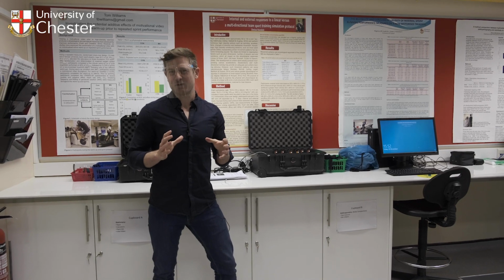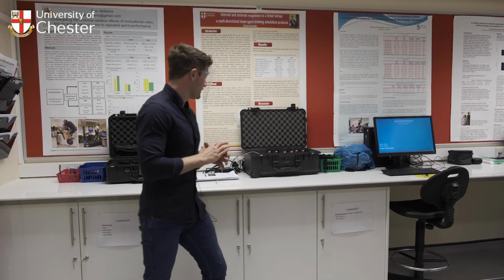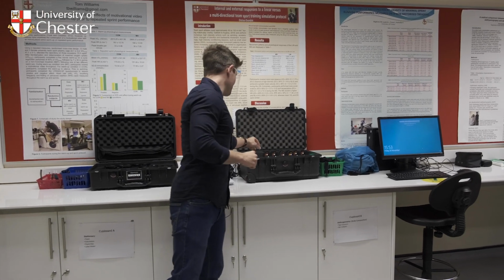So this is one of our smaller and more specialist exercise physiology labs, and this is generally where students will undertake some of their research projects. It has various equipment, again, for looking at how the physiological responses to exercise manifest themselves. We have here, for example, some